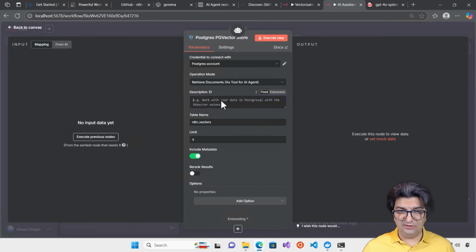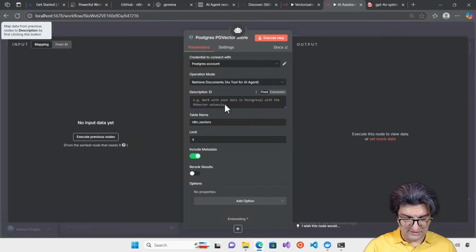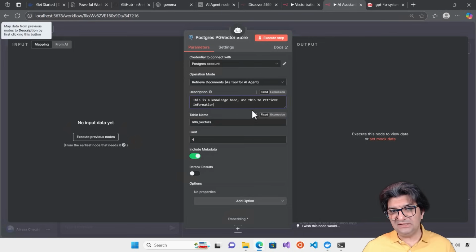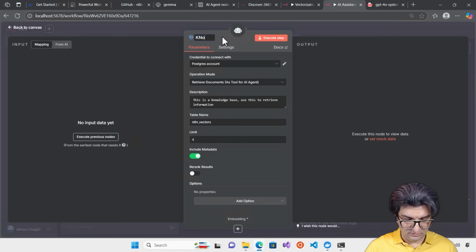So we need to also create a description here. We can say this is the knowledge base. Use this to retrieve information. So we tell the agent about this tool, and the agent will use it whenever it thinks that it needs to come to this knowledge base. We can also change this to knowledge base,